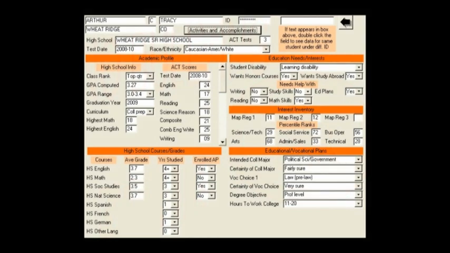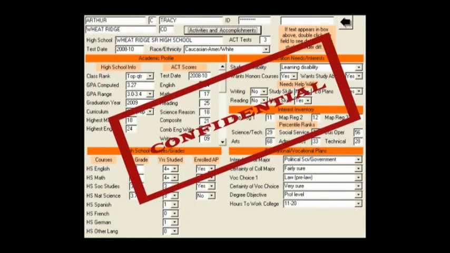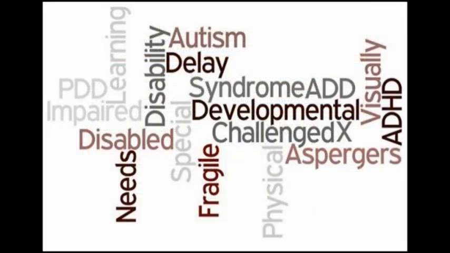Substitute teachers have the grave responsibility to treat with confidentiality most matters pertaining to students. Student behavior, performance, and achievement levels are not subjects of general conversation and should not be discussed outside of the school setting. When working with special needs students, substitutes must exercise an even greater degree of caution when discussing school